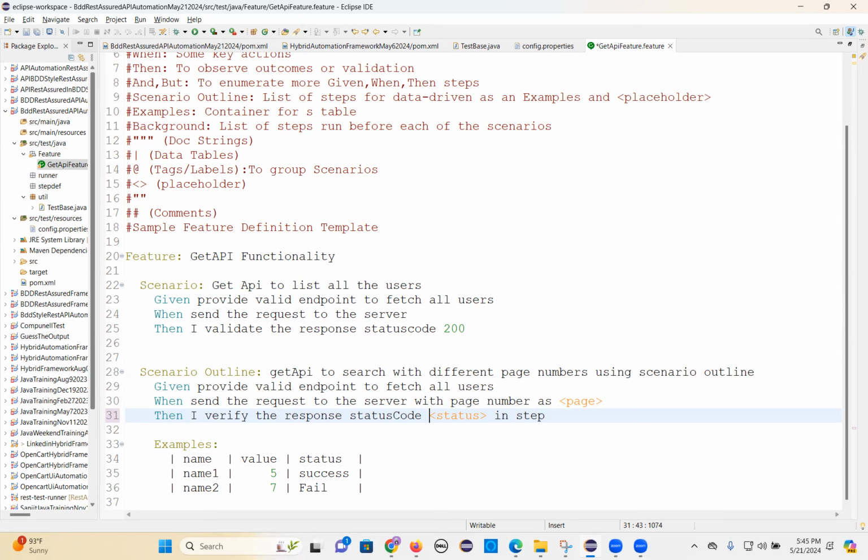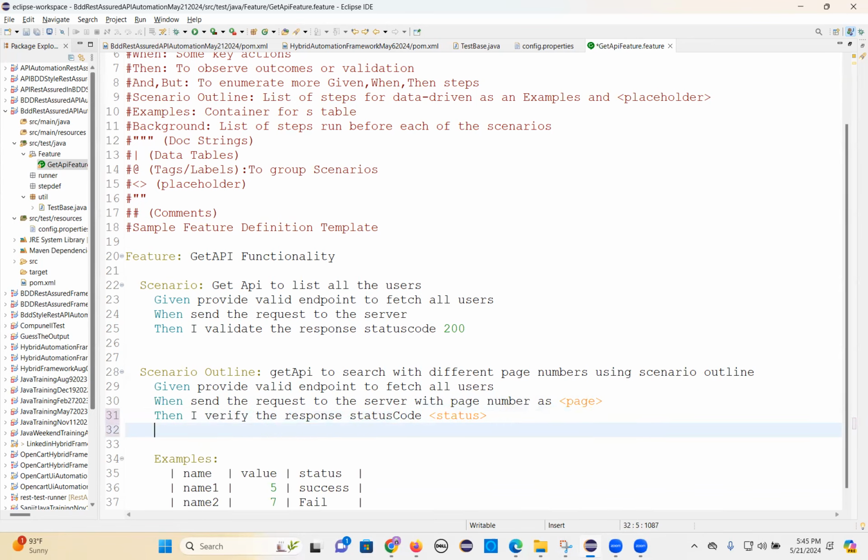You can put the status code as a variable, the status code variable. And I verify